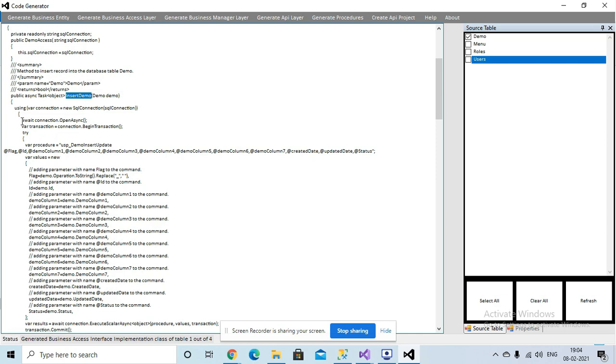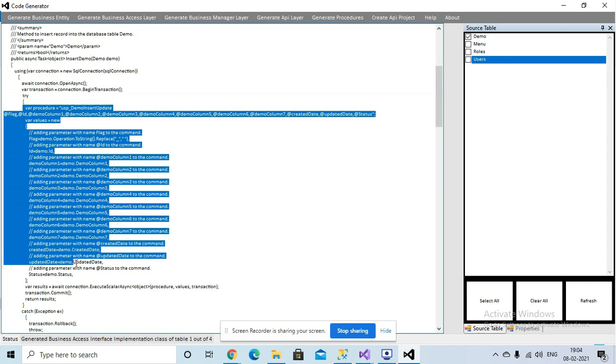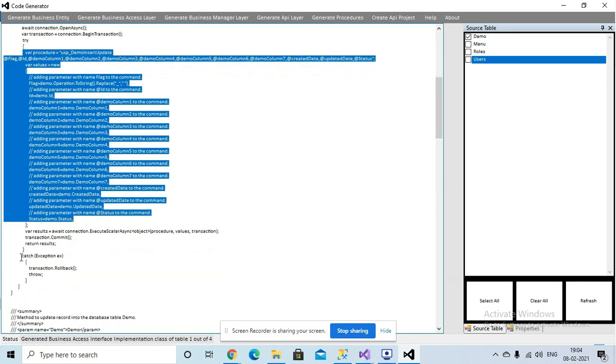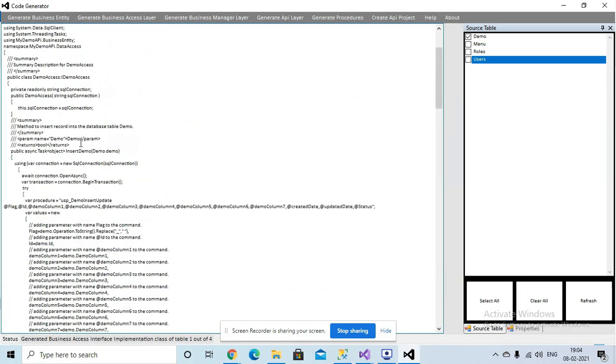Here you can see we have maintained the transaction as well. So if there is any error during the execution of the procedure, this will roll back everything.